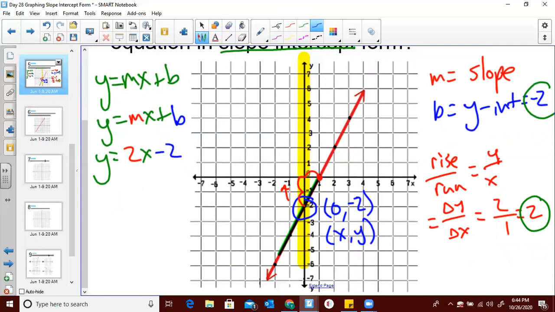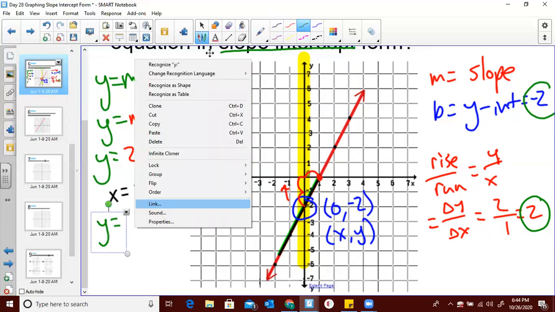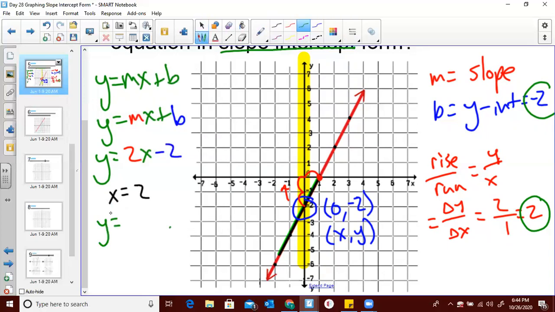You could check this if you wanted to. Let's just say I wanted to find y when x equals 2. Right, so I can plug a 2 in for x. So I have y equals, I'm using the equation we just created. So 2 times, remember I'm plugging in a 2 for x, -2. You'll get y equals 4 minus 2, and that will give you y equals